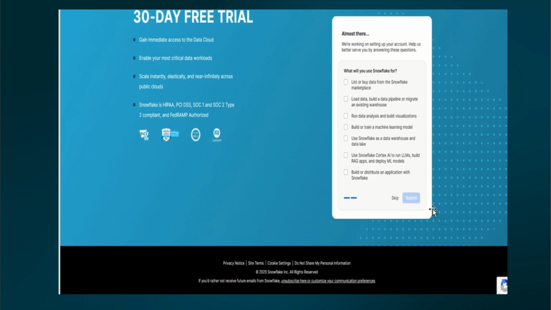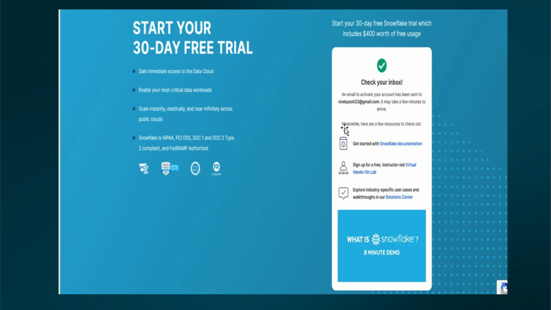And there is another section, the Snowflake feedback section. If you want to fill it, you can fill it. If you want to skip, you can skip it. So I'm going to skip all this information. I'm not going to provide it here. Once I skip, you can see another window appear, and I have created my account, and